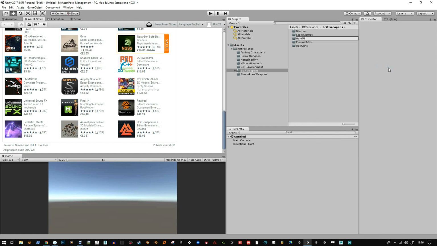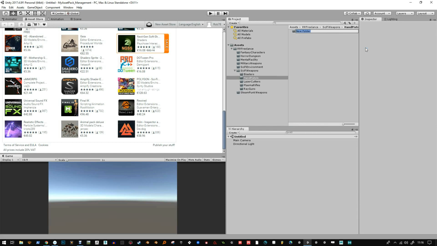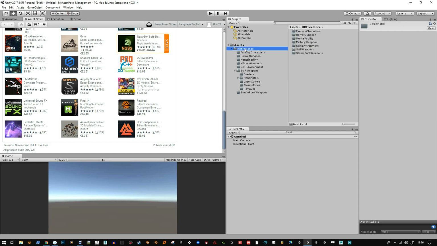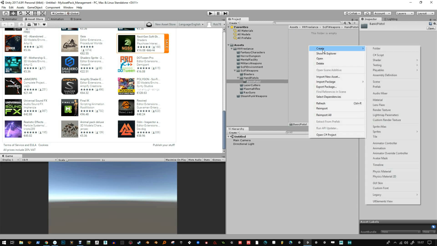Hand pistols. Right. So if I was to go into hand pistols, I'm going to have another folder called basic pistol, right? So it's going to be my name, sci-fi weapon, hand pistol, basic pistol, and then in here I'll